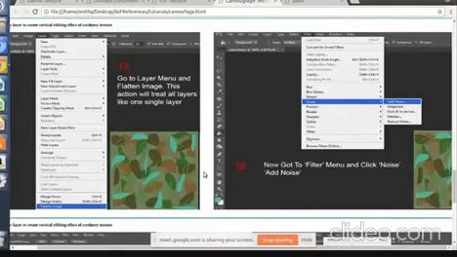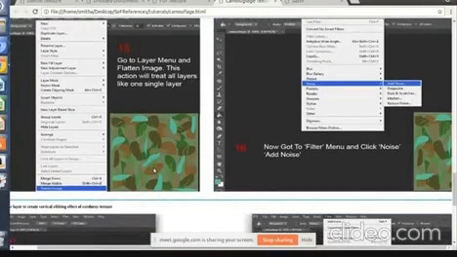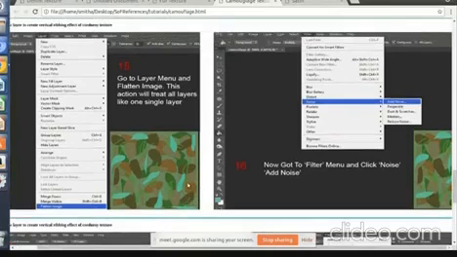Okay, so once you're satisfied with how you have created the colorful patches on this, it should look like the military fabric, the corduroy fabric. Once you're satisfied with it, you have to go to the layer menu and select flatten image. This will merge down all the layers. So how many layers are there in this?